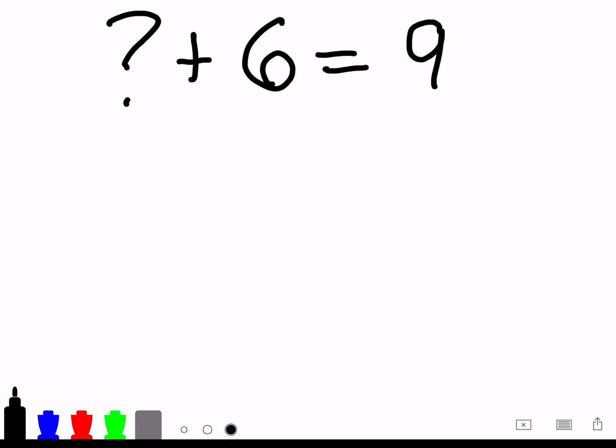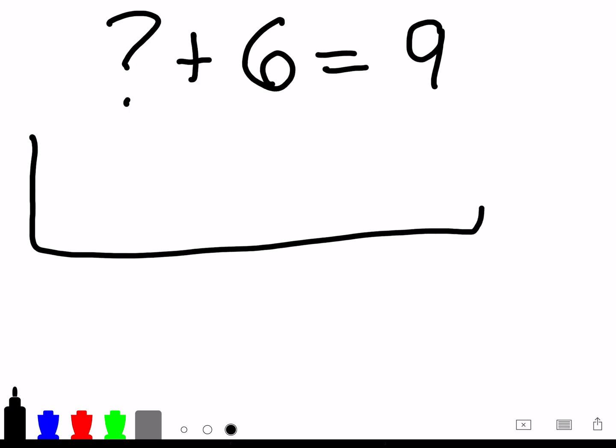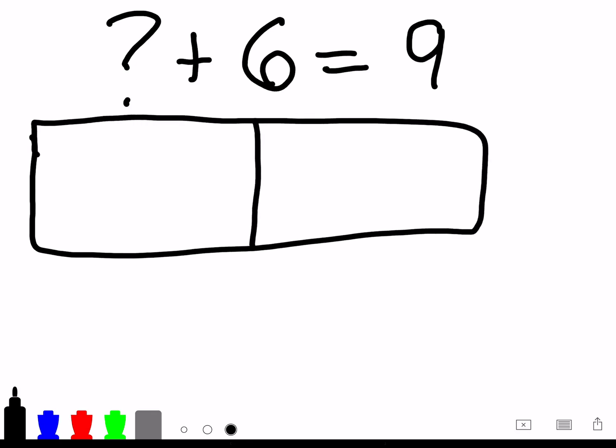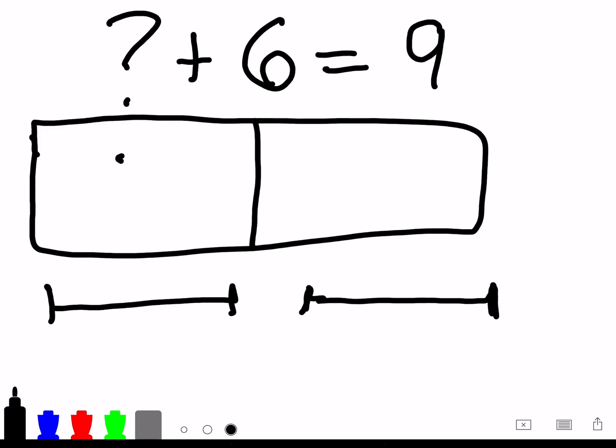So in your textbook, you should see problems like question mark plus 6 equals 9. And then the 2 parts, and then the whole. So our answer is going to be 9, right? And we're trying to figure out how many more we get to 9. So 9 is the biggest one in this problem. So where does the biggest number go? Does it go here or here? It goes